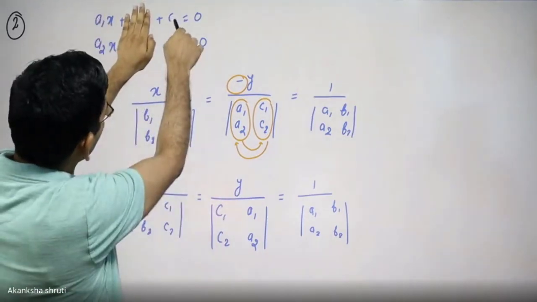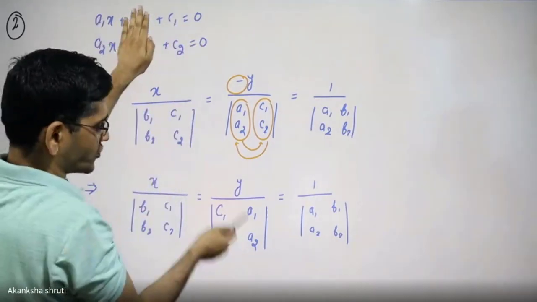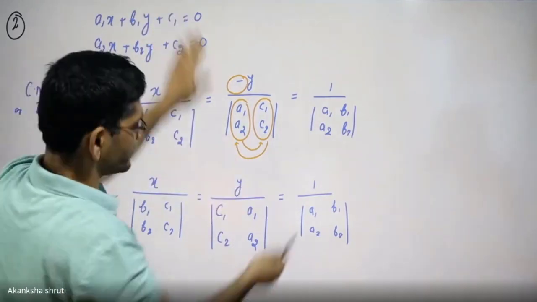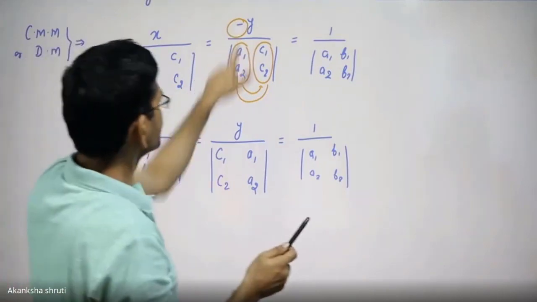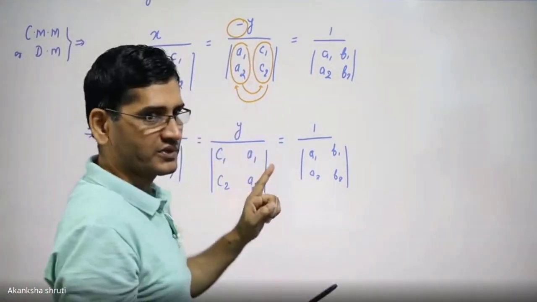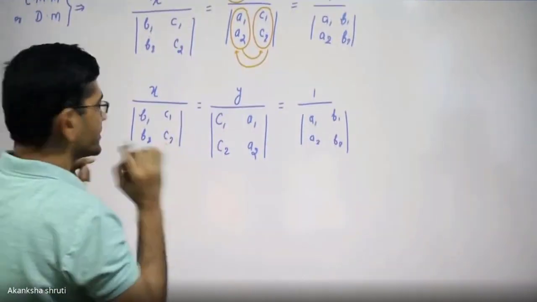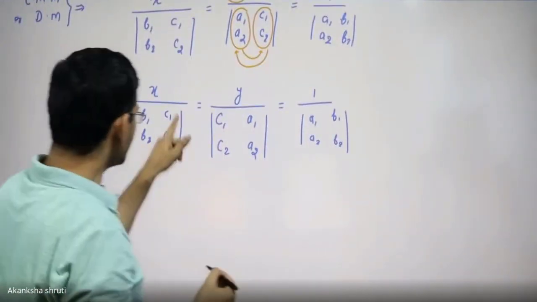Then you need to start from this C1, C2, then A1, A2. If you are writing this y as positive, then the constant term stays as it is, no change. Okay, students? So this is how this negative sign is absorbed in many of the books. Students, next, in many books,